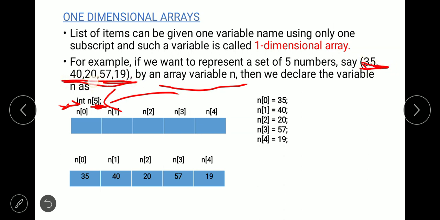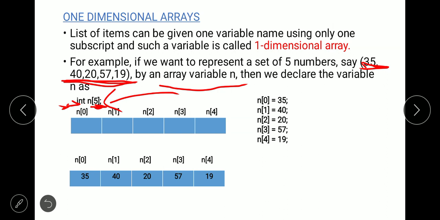So if we want to store these values in the memory location, then we have to declare one variable which is an array of integers, because all these values are integer data types, right?